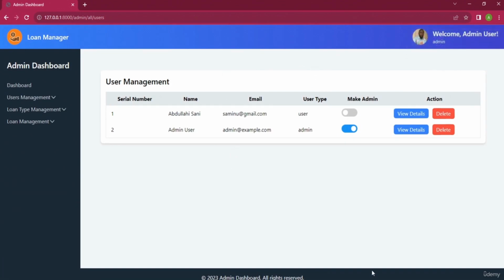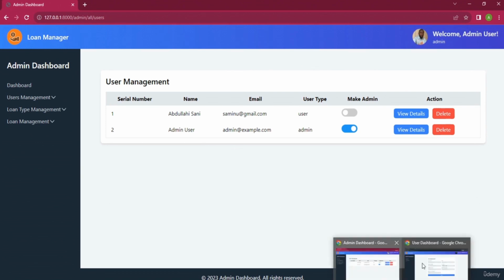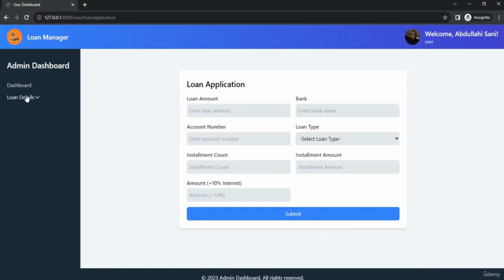So now let's go back to the user section. The user can apply for loan. So this is the form. Here we are expecting to add the amount. So when we put something like 1,000 or 100,000, this is 100,000. Then the bank that the user is using, we put something like